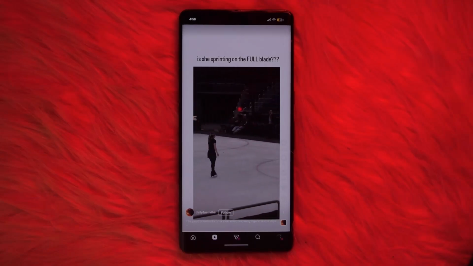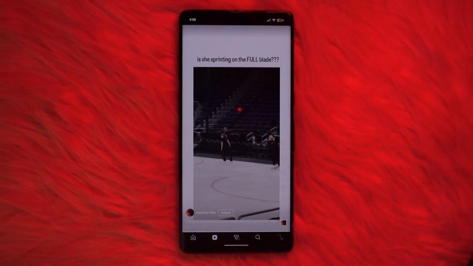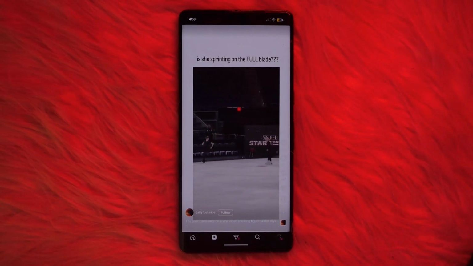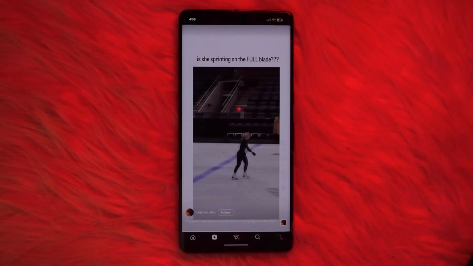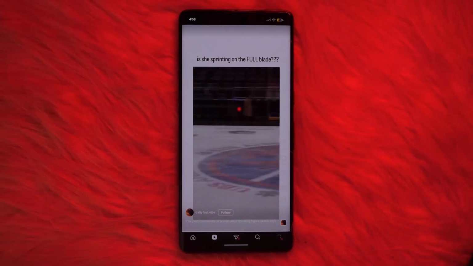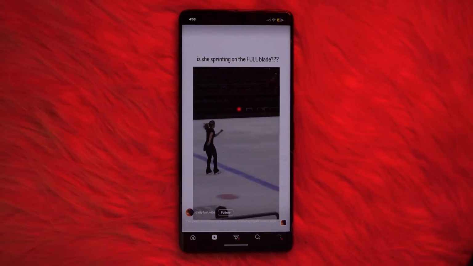Hey there guys, welcome back to another video, and today I'll be showing you how to share Instagram post to WhatsApp status. Now, to share an Instagram post or reel to your WhatsApp status, you can use the direct WhatsApp